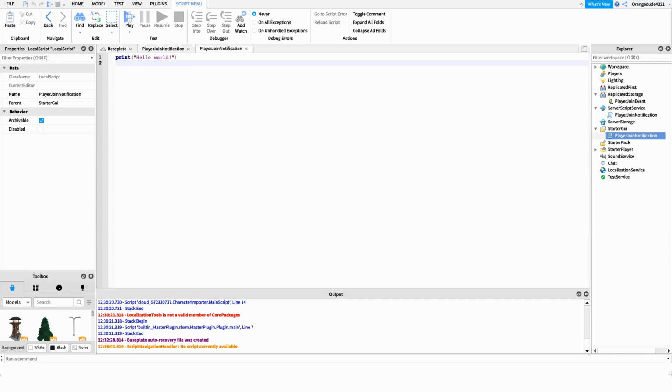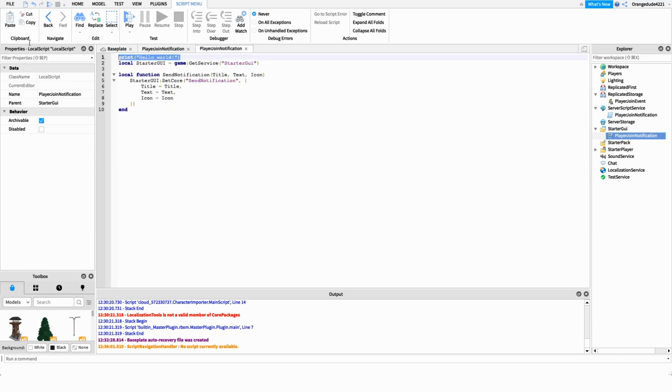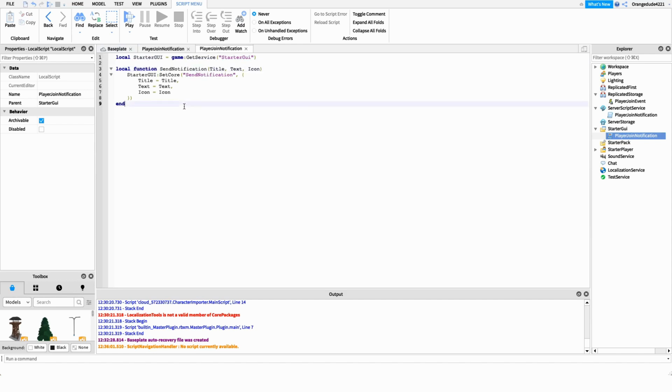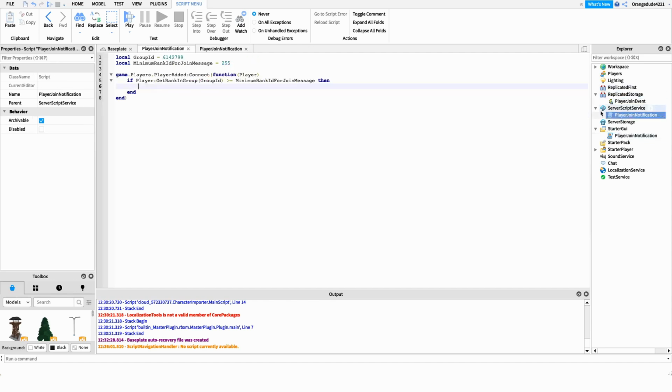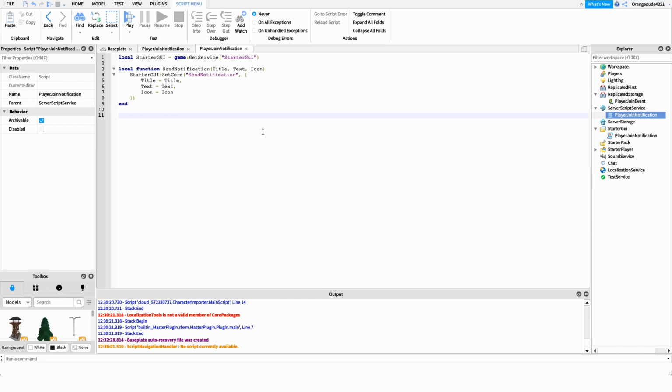So just copy this code from the description from line 1 to line 9. And all this is going to do is allow us to call this function right here to send notifications to our players. So after this, what I want to do is exactly what I was just saying. I want to get whenever this player join event is fired, whenever we send the data from the server to the client. And the way we're going to do that is we're going to say